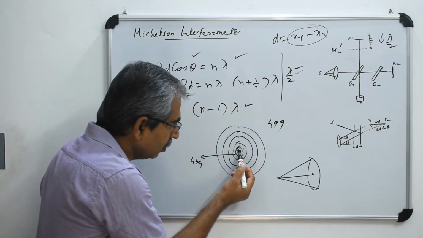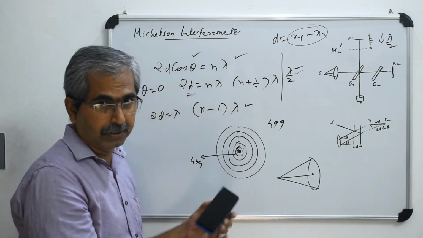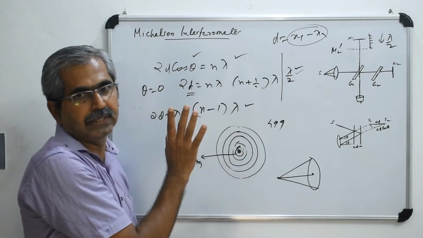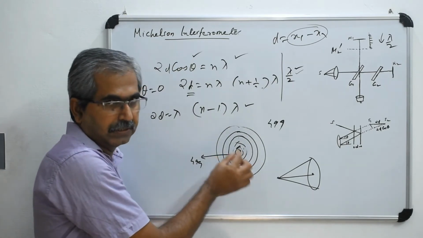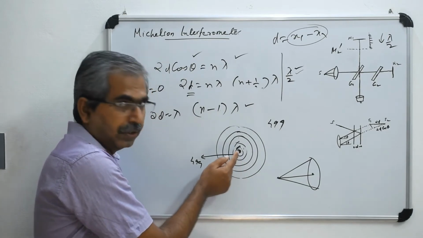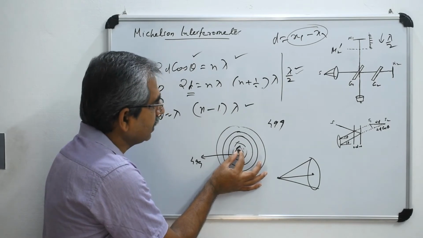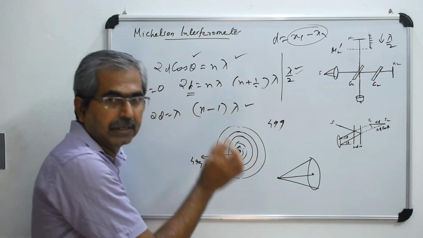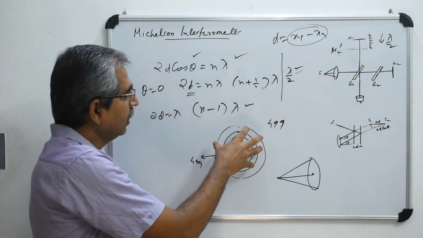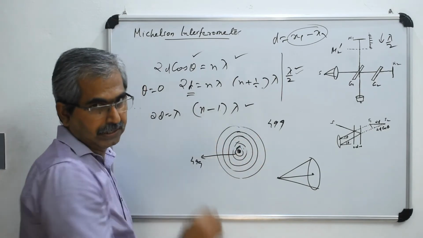So what will happen to the ring at the center? Already it was the 500th one. What happened to that? It seems that it actually comes and disappears at the center. That 500th one disappeared. Disappear means this was a dark one, and slowly that turns into a brighter one. And this one, being smaller, shrinks and shrinks and shrinks, then finally reaches the center as a spot. So when you are decreasing, what you observe is that these fringes become smaller and disappear at the center.